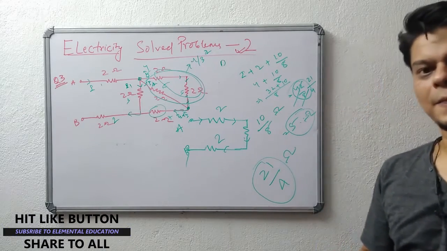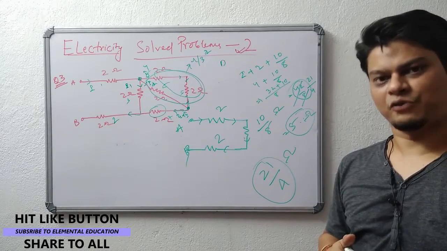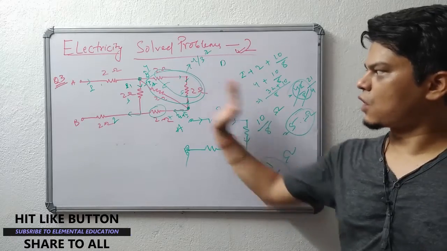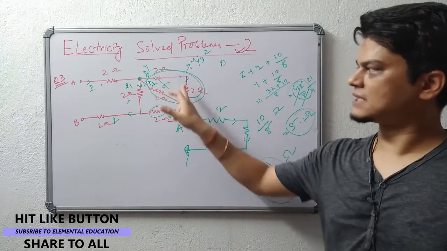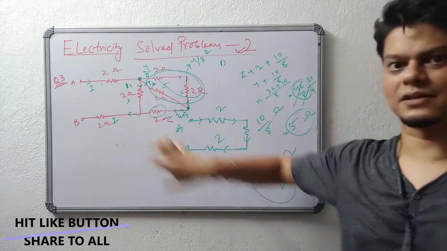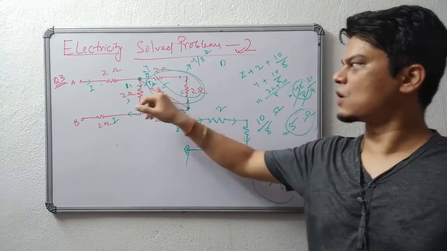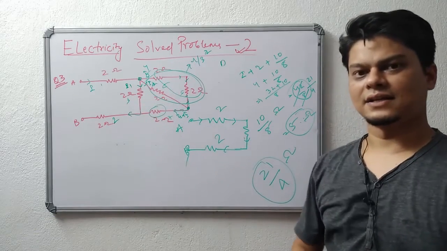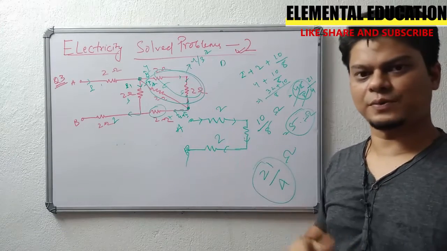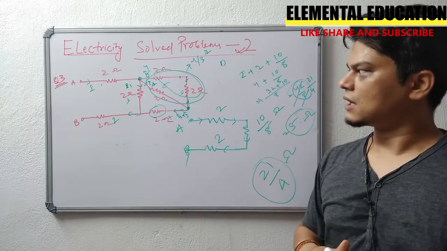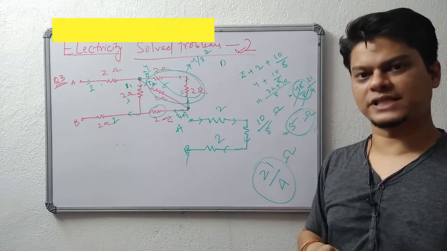So guys, this is the way we should approach a question. We should always approach from the back side, and we have to always reduce the circuit into smaller chunks so that we can find how the current flows, if it is a series or a parallel circuit. So please solve. I don't think this kind of big questions will be in your exams. There will be smaller questions than this. So please solve such kind of questions.